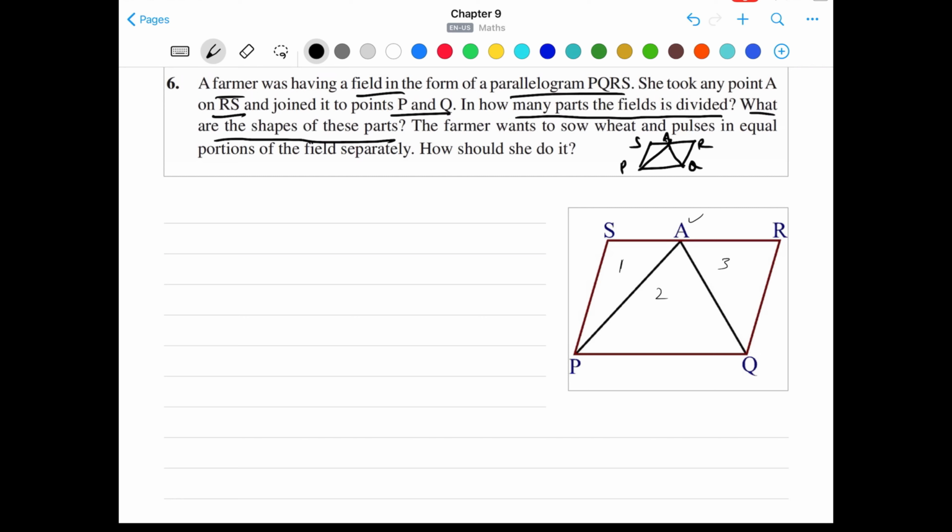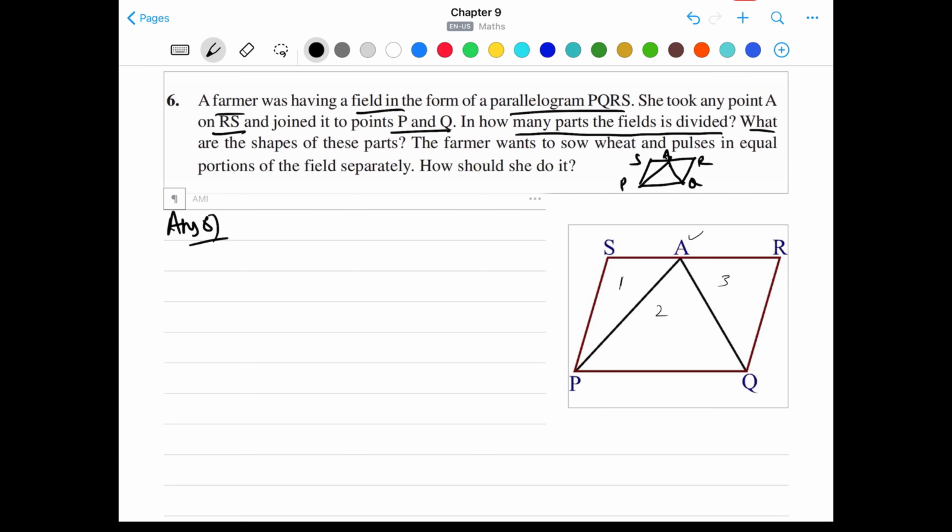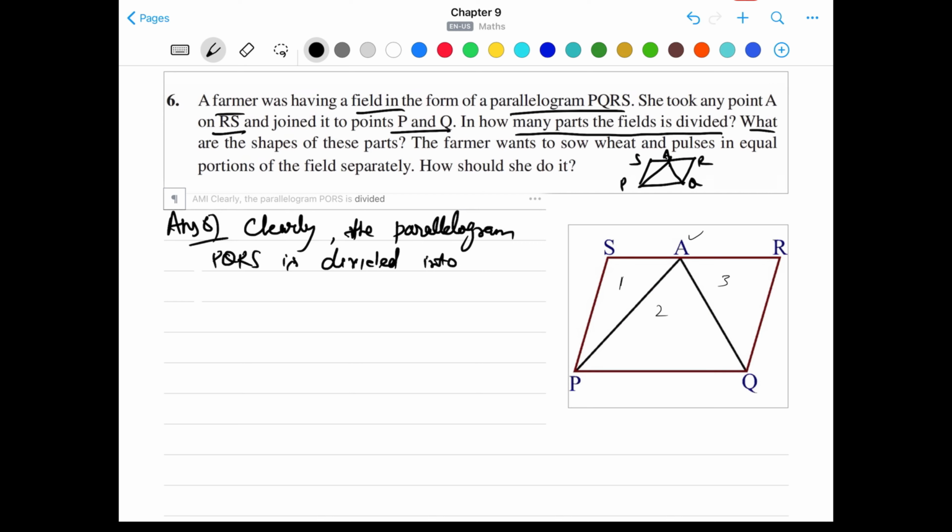Okay, next is, what is the shape of these parts? You can see that each part is in the shape of a triangle. Okay, next is, the farmer wants to sow wheat and pulses in equal portions of the field separately. How should she do it? So let's write its answer. The first question is, how many parts is the field divided into? So we'll write clearly, the parallelogram PQRS is divided into 3 parts. Okay,